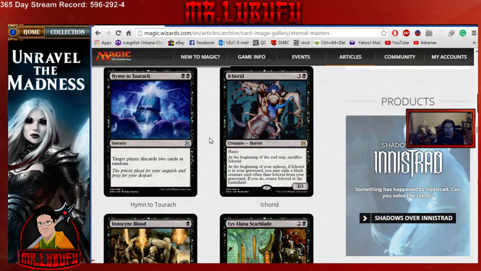Okay, the Hymn to Tourach. This is one of those cards that you play. If you play it on turn 2, you may just win the game. Because you just hit, like, their 2 lands. Because discard 2 cards at random. At random being the important part. Hymn is incredibly strong. If you're in black, I would probably take it very highly. Because it does just...